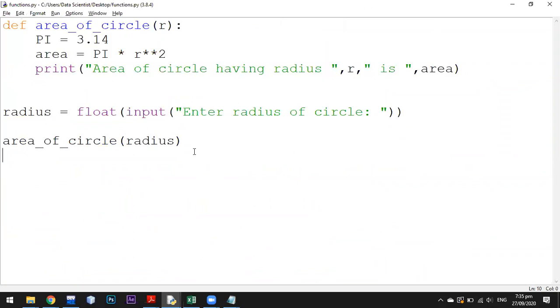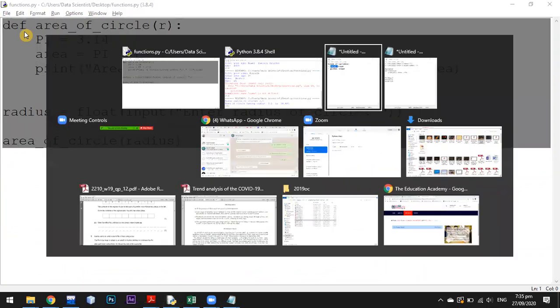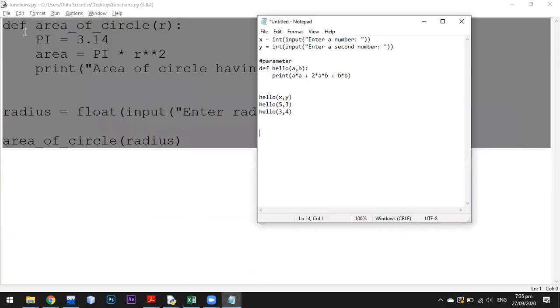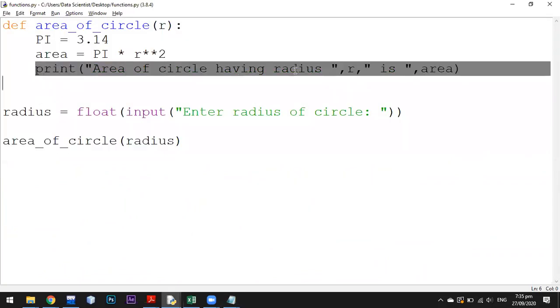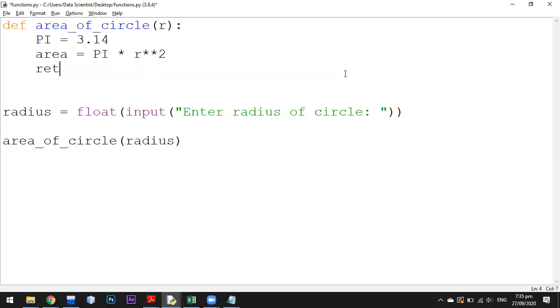Okay, we can do it another way. I'm gonna save this, and I'm gonna make some changes. Instead of printing that, I'm gonna cut it and I'm gonna return that.